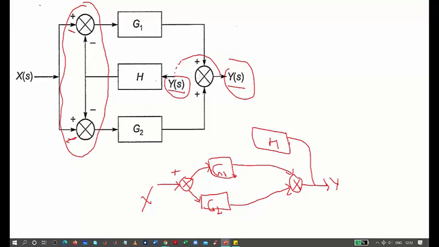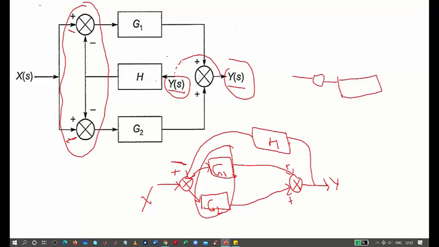The output of this block H is then fed back to this summation point with a minus sign. So this is how I can reduce the representation, and I have just simplified this representation. Now what I see is that these are two paths in parallel. Since this is a plus sign, this is again a plus sign, so I can reduce this in the form, since this is G1 and G2, this can be written as G1 plus G2,